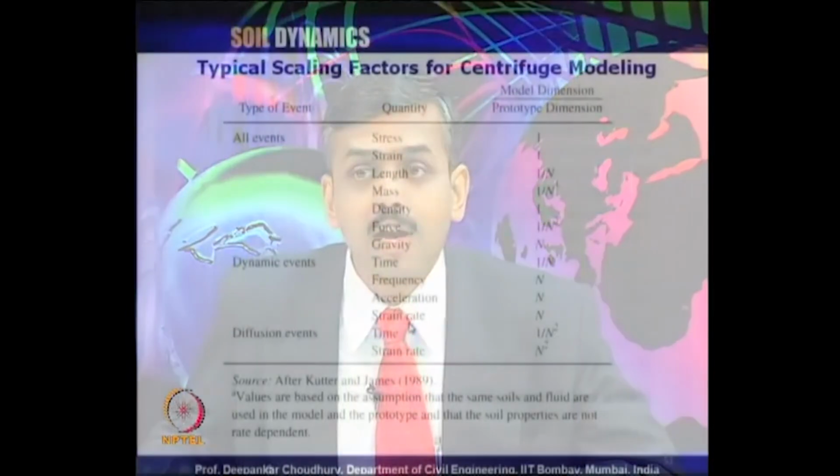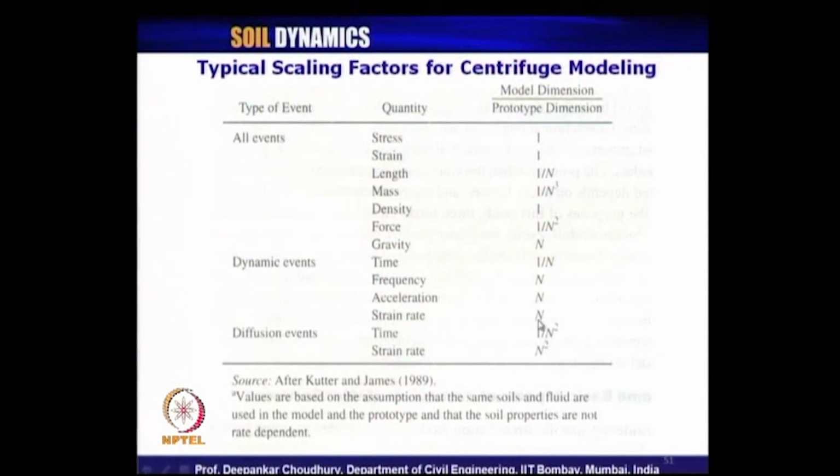So, that times of acceleration you have to provide within the soil sample, but it will not lift up because it is not at 1 g level, it is actually at 30 g level spinning. Strain rate, the rate at which you are applying your cyclic strain, that also should be n times from your prototype to model. So, these are the scaling formulas which are proposed by Bruce Cutter and James long back